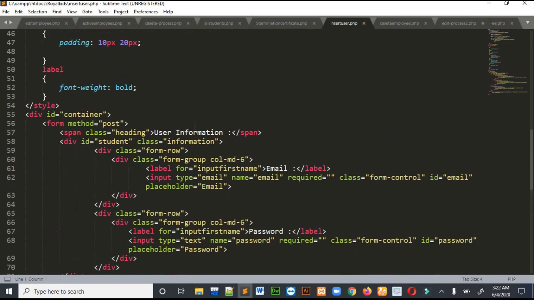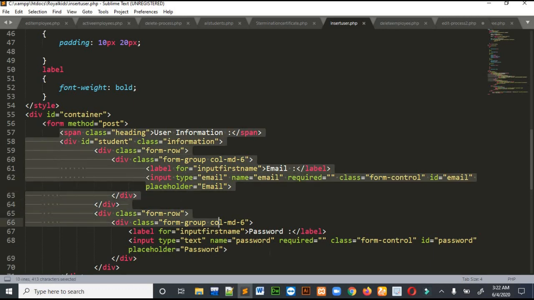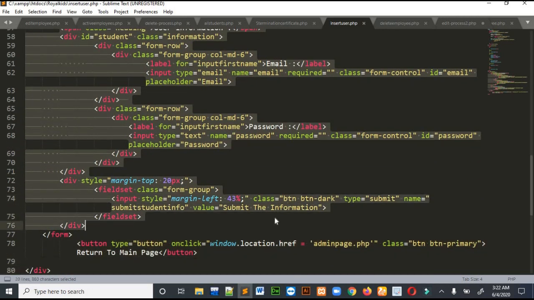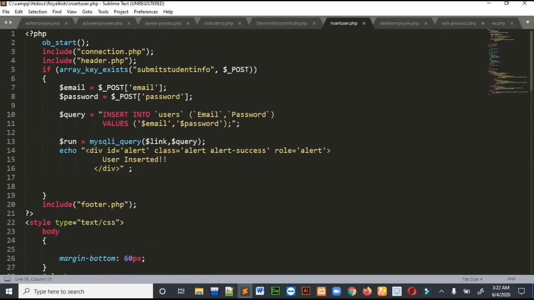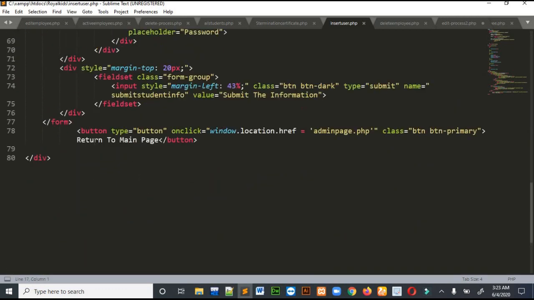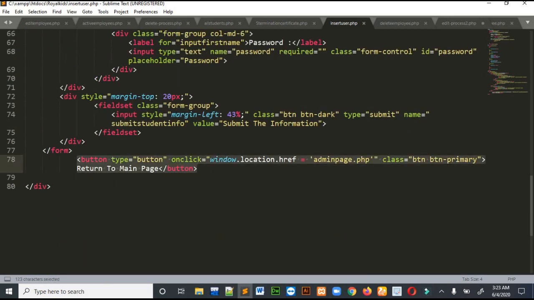This is the form which will ask for an email and a password. Okay, then there is a button. Whenever we click the button, the information will be updated in the database, and then there is also a message that the user is inserted. Okay, so you can see that, and then there is another button which takes us back to the previous page.